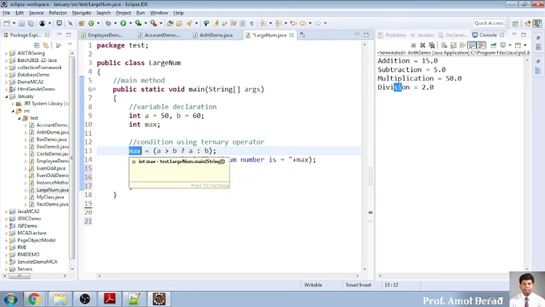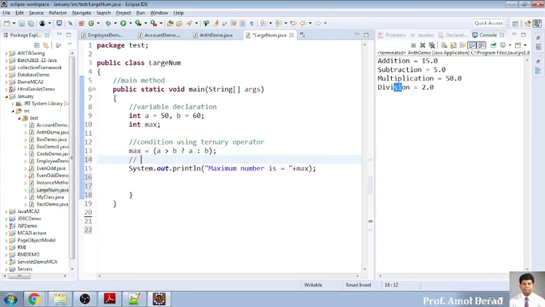अभी हमारा exact क्या है यहाँ पर, हमने ऐसा लिखा है यहाँ पर. So we want to say if 50 is greater than 60, 50 अगर 60 से बड़ा होगा तो A हमें भेजना है. What is A? Then हमें उसको क्या भेजना है, 50 को भेजना है. Else we have to send it 60.